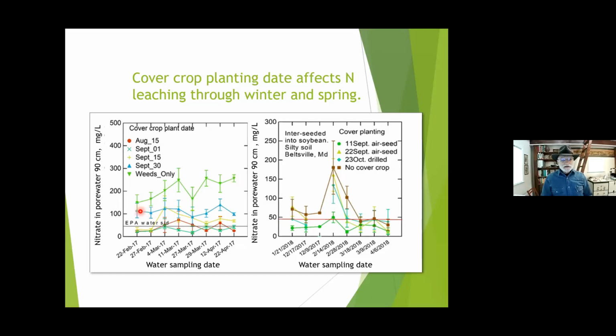The late planted, which is the 30th of September, that may not seem late to most of you, but you can see that basically it made a difference, but not much. Sometimes it was significant, sometimes it wasn't. But as we got into these early planting dates, like middle of August, 1st of September, that was able to keep the nitrate down during the whole season. This is just another site showing pretty much the same thing. Another site